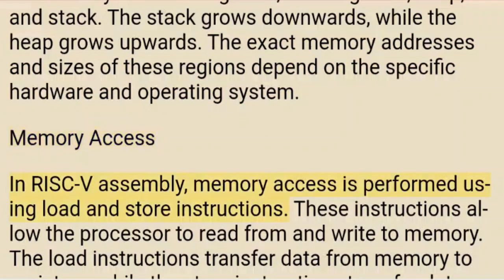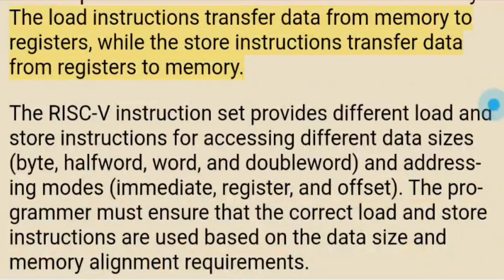Memory access. In RISC-V assembly, memory access is performed using load and store instructions. These instructions allow the processor to read from and write to memory. The load instructions transfer data from memory to registers, while the store instructions transfer data from registers to memory. The RISC-V instruction set provides different load and store instructions for accessing different data sizes: byte, half-word, word, and double word, and addressing modes: immediate, register, and offset. The programmer must ensure that the correct load and store instructions are used based on the data size and memory